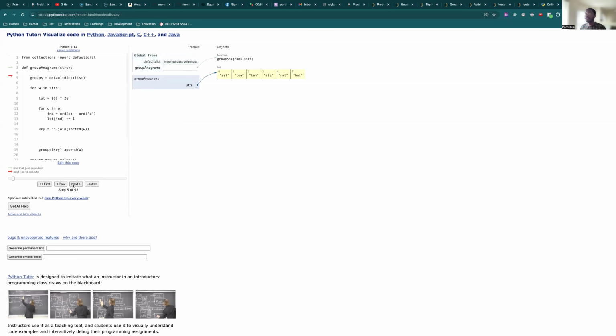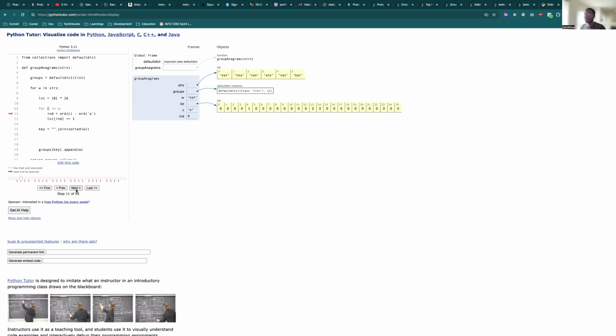Next. Next. So we create our list to be a list of 26. So look, it's a list of 26 characters. And then what we are processing now, as you can see here, is it. So see what will happen here. So the character is E, right? It has picked C, right? And C is E. Then it's to compute it. So the index is 4. Can you see? So it's going to put here 4.